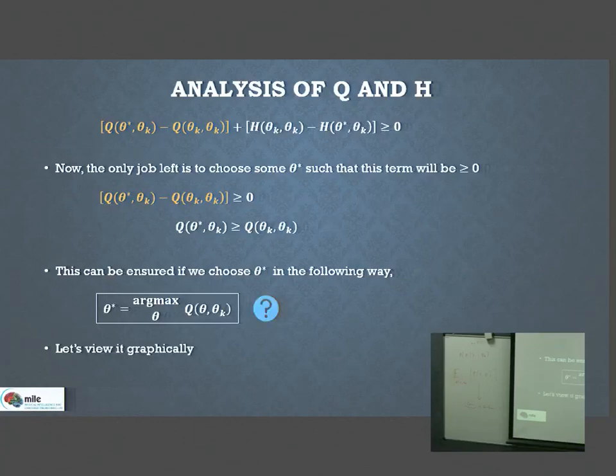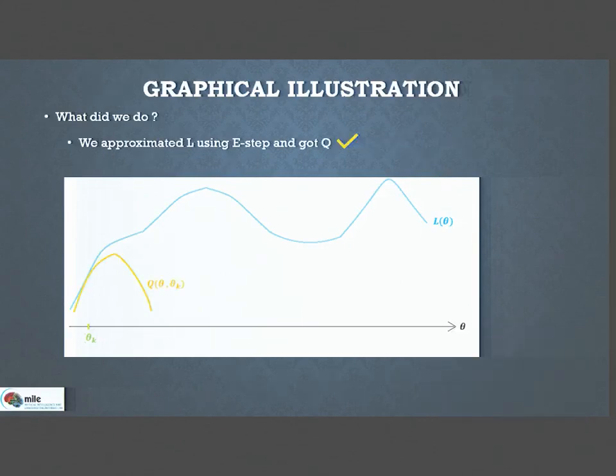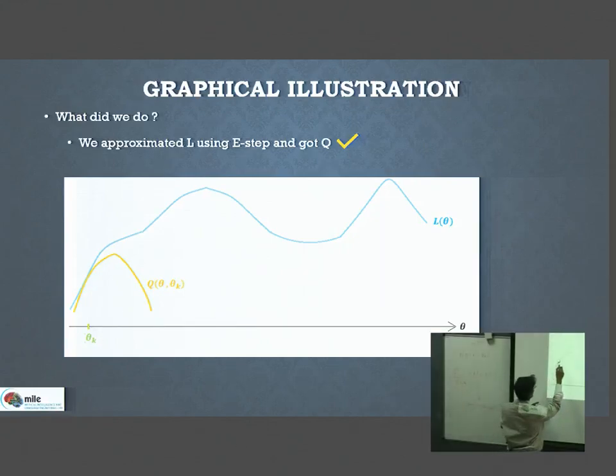So this is a complete graphical illustration. Even if you don't understand what I have told again, you can watch the entire lecture of the last class. But if you can understand this graph, then it will be sufficient. This is the actual likelihood function. In the E step, we have to choose an initial parameter theta k. That is chosen. The next step is to take this expectation and get the Q function, the convex portion of that one. This is the function approximated at theta k, and lower bounded by the log likelihood function. In the next step, we maximize this function.